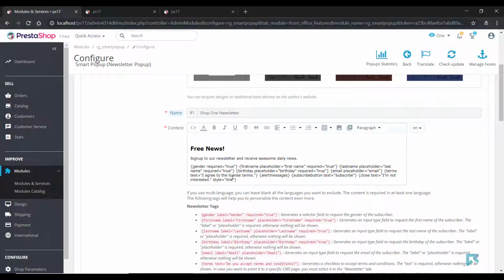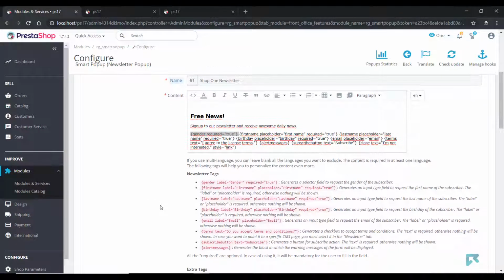As before, content and some fields were pre-filled based on this pop-up. Since this theme has a form, tags are used extensively for this. Notice how fields that you want required are marked as true.